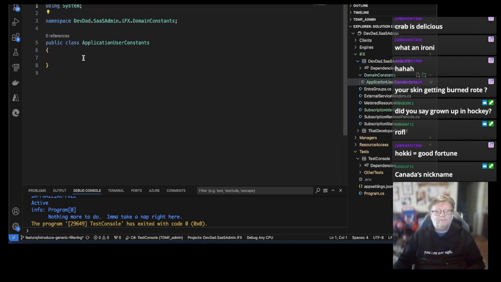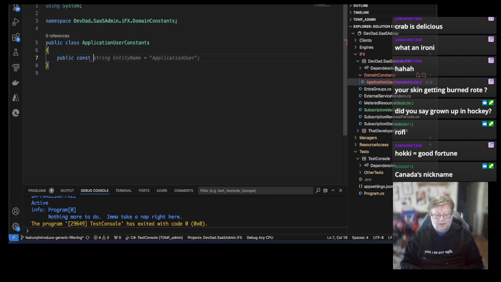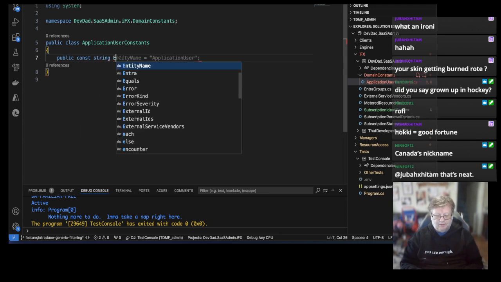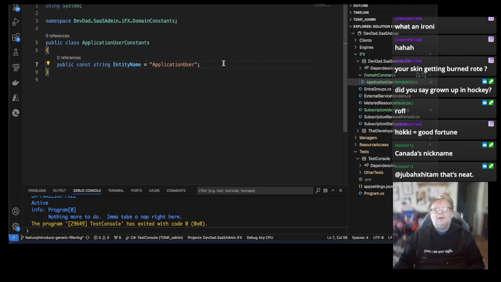That works. It will have public const string entity name, application user. Nope, I'm going to invert this. Partial class